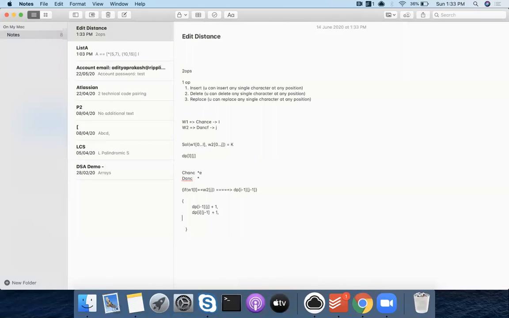Okay. And the last thing is replace. So again, the same statement. You are at this state and you choose the method of replace. So obviously I'm not a fool, so I'll replace it with E, right? I'll just see what is word 1 i, what is word 2 j. If they are not same, I'll make word 2 j equal to word 1 i. I'll make it E. And now what does this boil down to? i minus 1, j minus 1, plus 1. Okay.